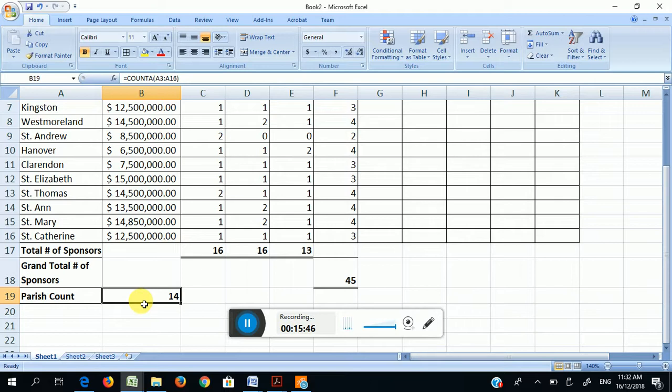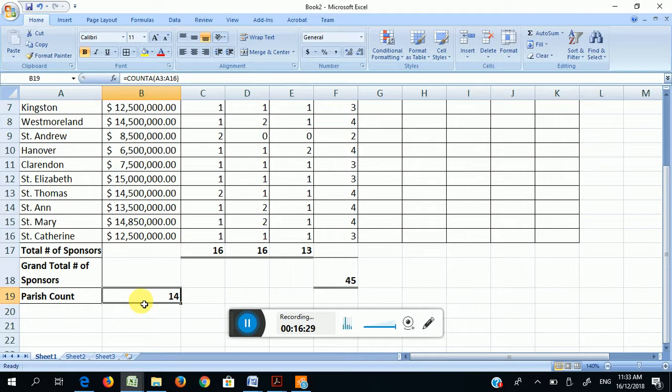So you have the number of parishes, parish count, number of parishes and parish count, parish total count something.